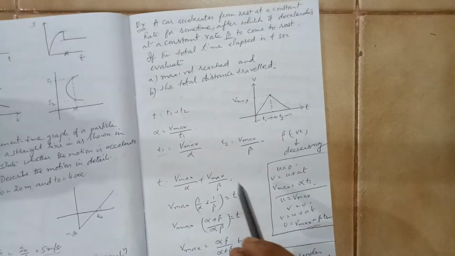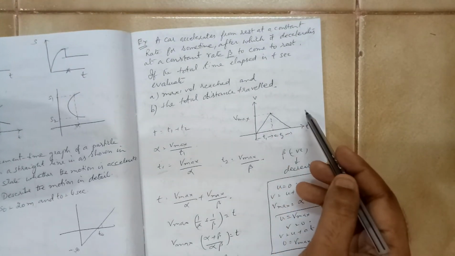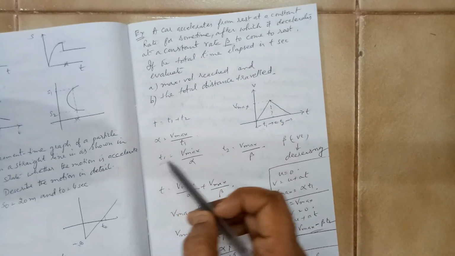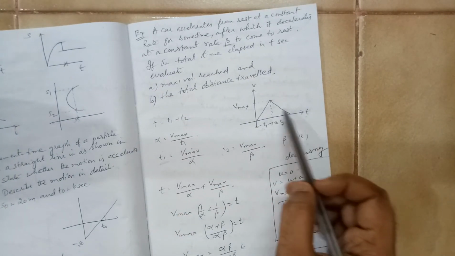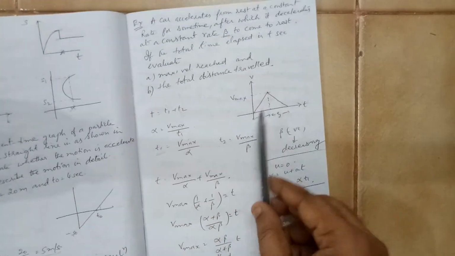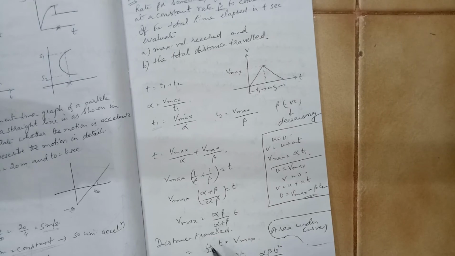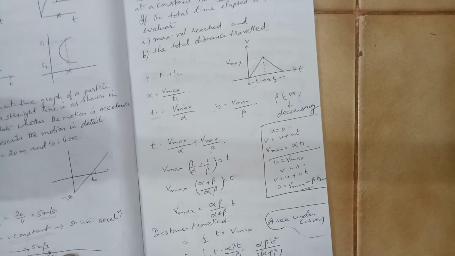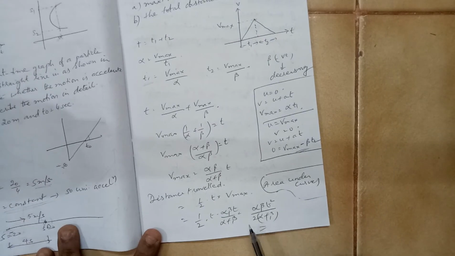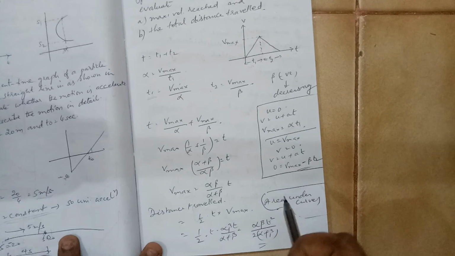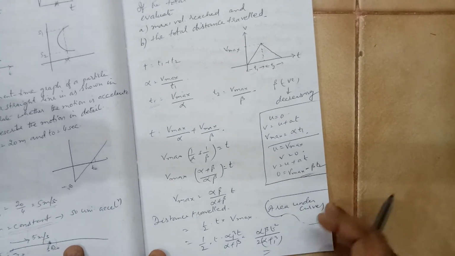Alright, now this maximum value you have calculated. If he asks what is the total distance traveled, you have the velocity-time graph, so you have to find the area of this triangle. The distance traveled will be half base into height. So base is time and height is Vmax. Put in the values, you finally get alpha beta t square by 2 into alpha plus beta. So this is the distance formula you can find out.